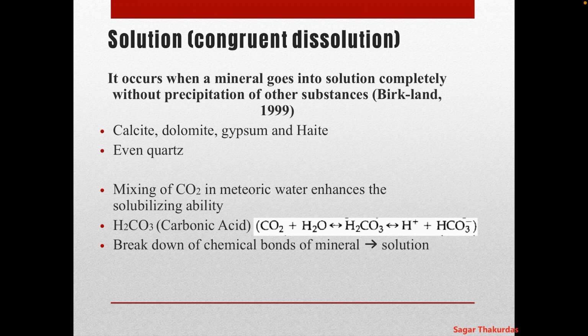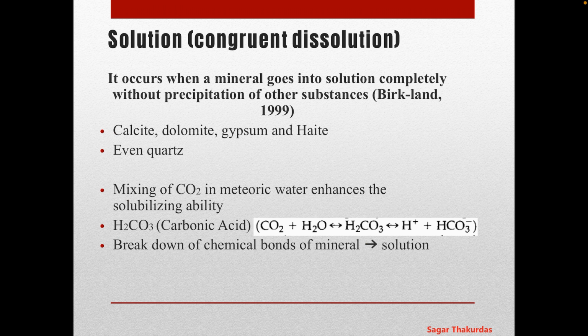By definition, solution occurs when a mineral goes into solution completely without precipitation of other substances. That means a particular rock gets dissolved by water and there is no formation of a new mineral due to crystallization. Complete solution occurs and no residue remains. This happens mostly in soft rocks such as calcite, dolomite, gypsum, halite, and it can also happen with certain resistant minerals like quartz. So it is more prevalent with soft rocks, but certain hard rocks can also undergo solution or